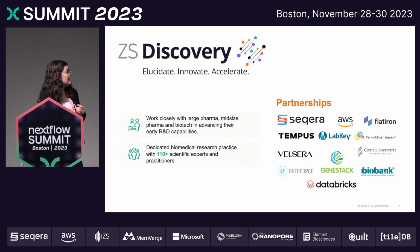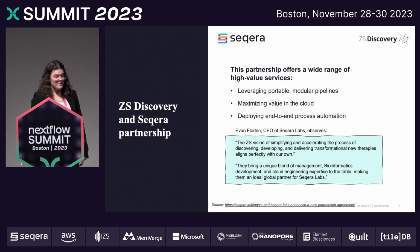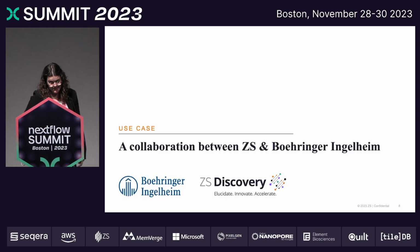We're bringing additional expertise through different partnerships, and a good example of that is a partnership with Seqera, which is allowing us to more seamlessly implement end-to-end Nextflow solutions for our clients. And that brings me to our use case. So we have an example here of a collaboration between CS and Boehringer Ingelheim, where we worked together on a project, and